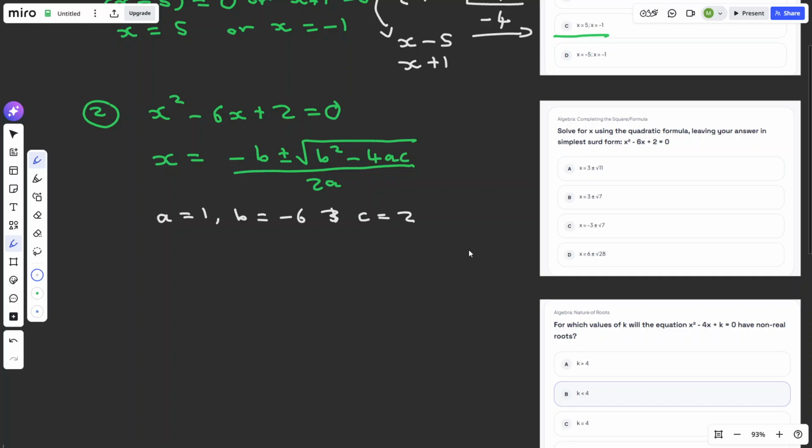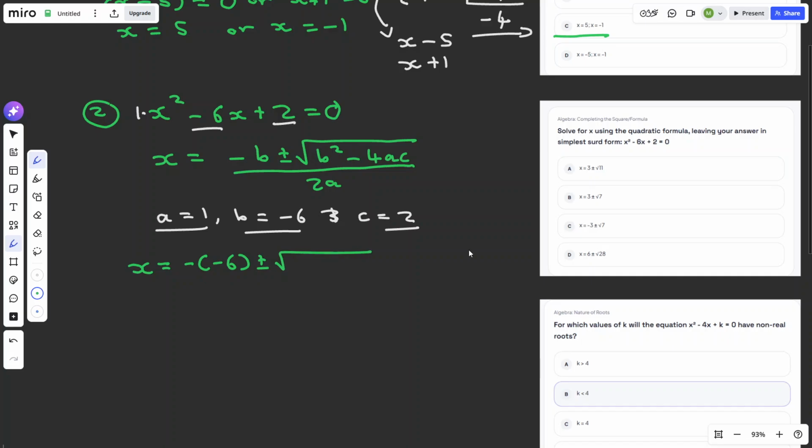So apart all of these from the equation, for this one, A is equal to 1, I got it from here. B is equal to minus 6, we got it from there. And then lastly, C. Since we've gotten our constants, we can plug it in and then simplify it. So now it's going to be minus 6 plus minus